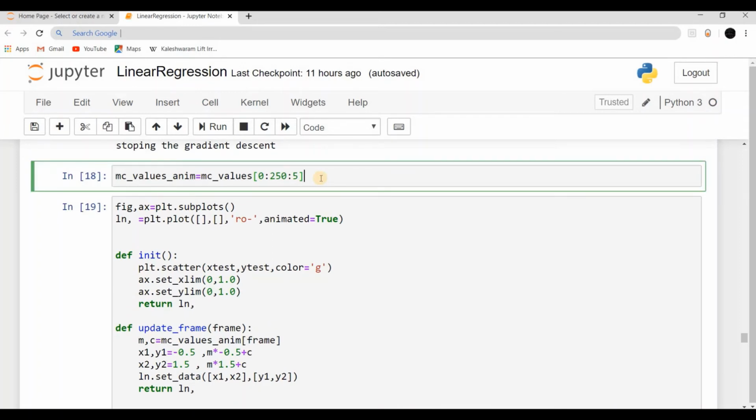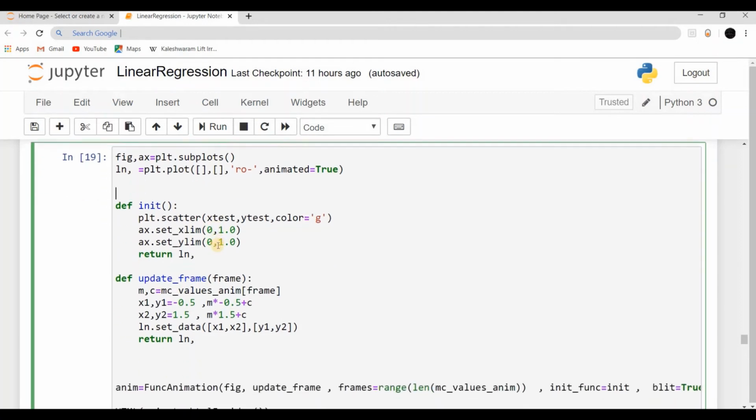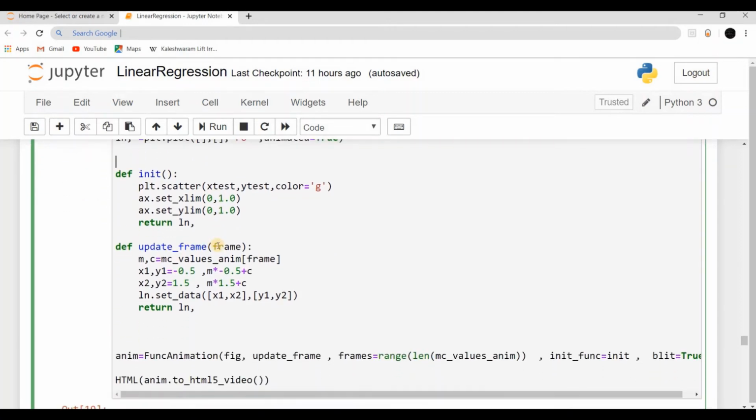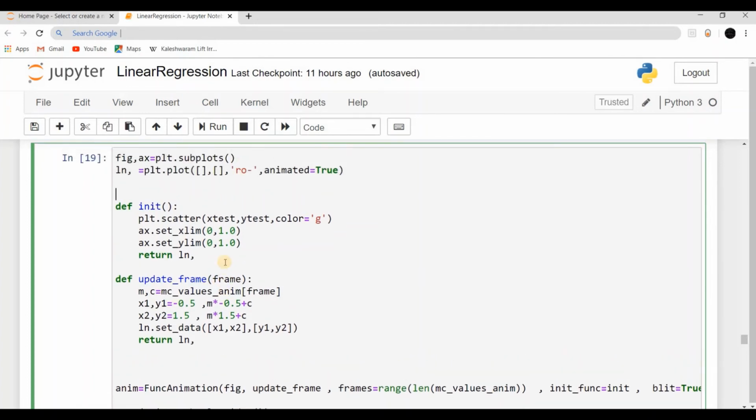Now let us observe them by using a small animation. To create an animation, we are using a function, that is FuncAnimation, which requires two important functions, those are init and update frame.